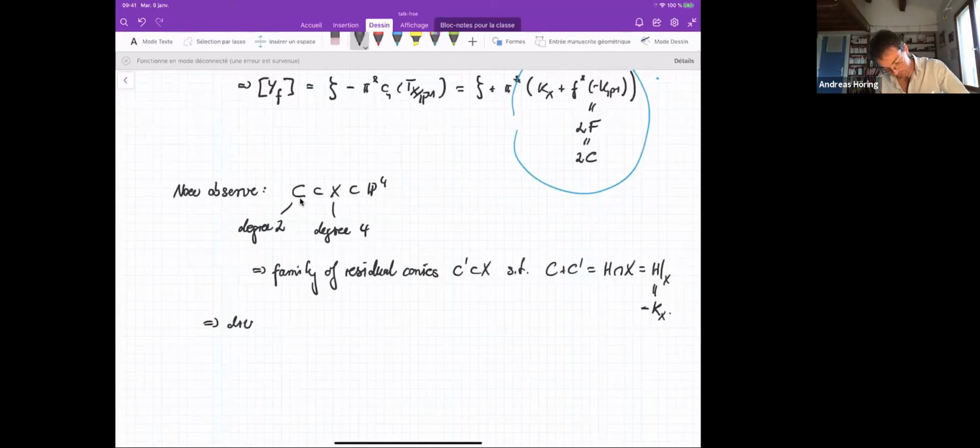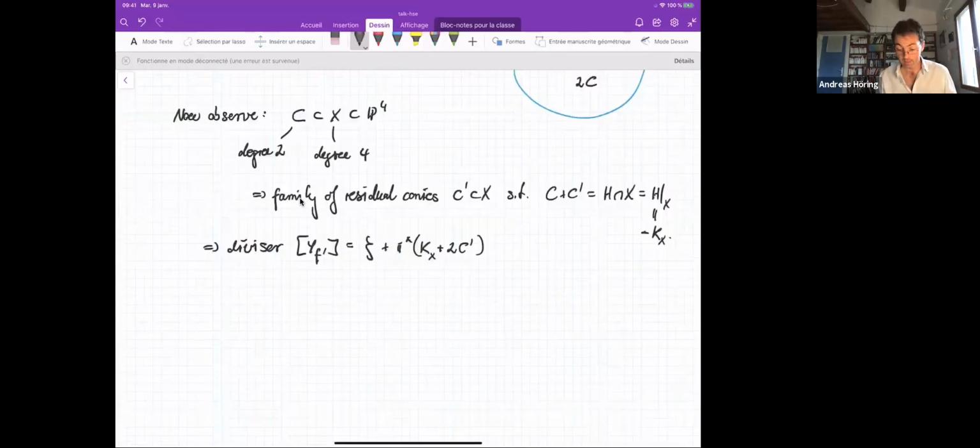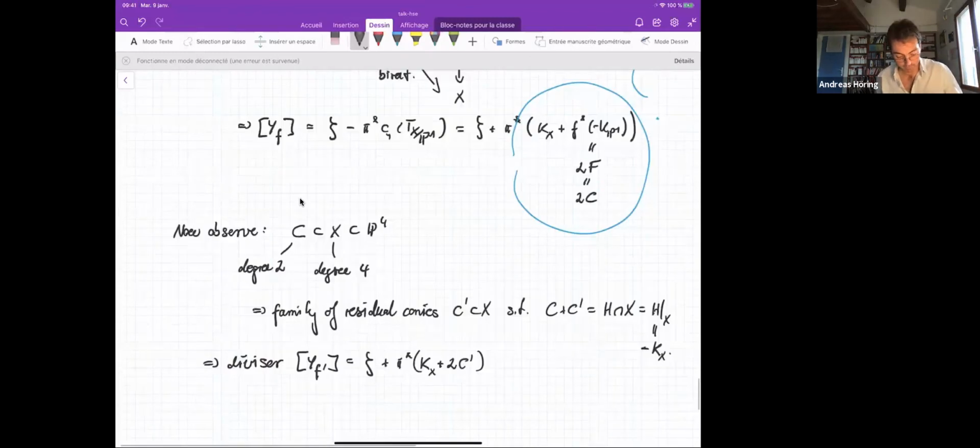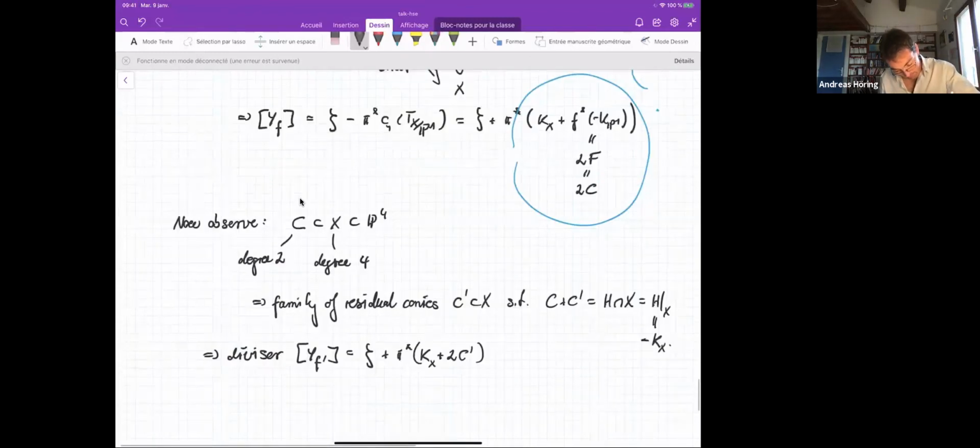Of course, it's exactly the same formula: the tautological plus the pullback of K_X plus 2 times the conics which you're looking at. In this way we get a second divisor, and now I have 2 divisors, so I put them together. So I have my divisor Y_F, I have my divisor Y_F prime, and I take the